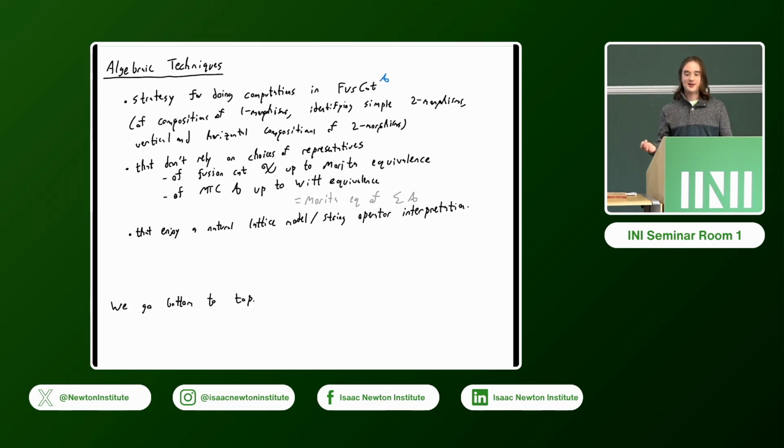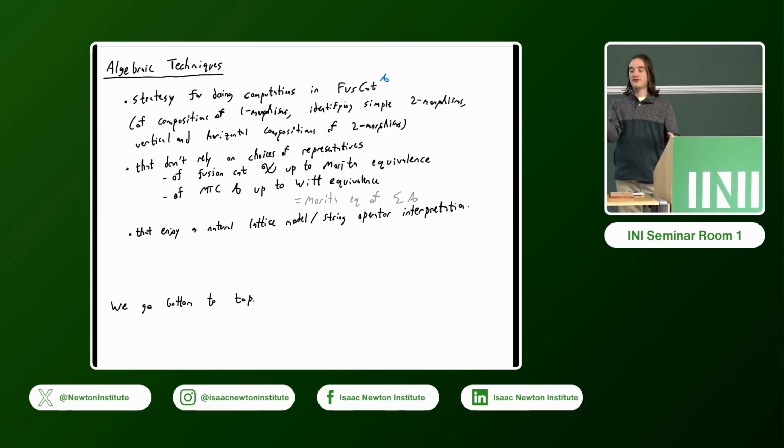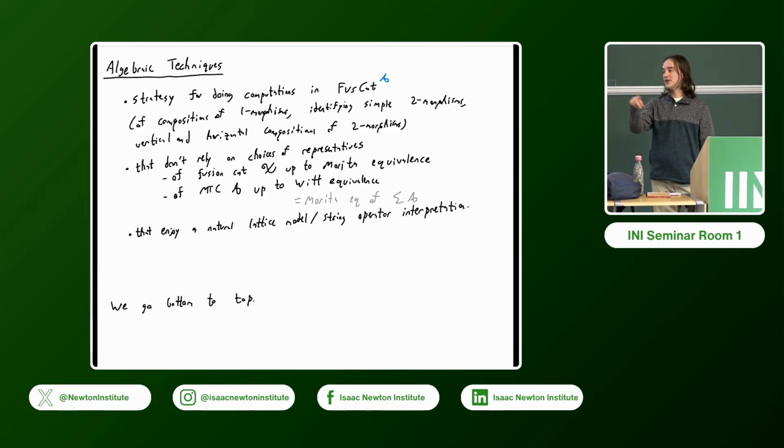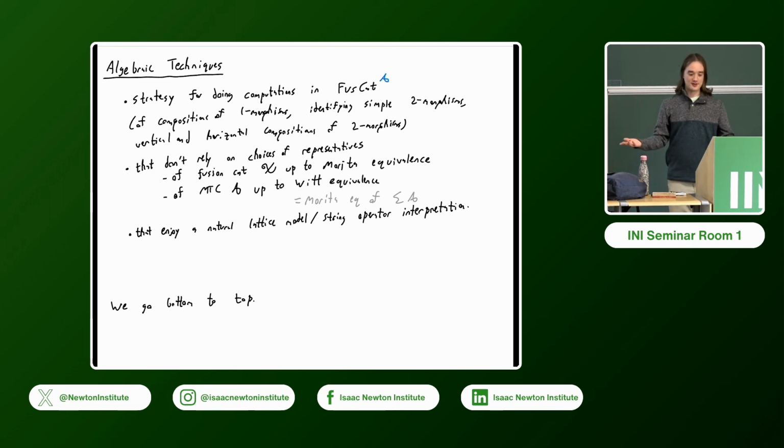So, algebraic techniques. I'm supposed to tell you about algebraic techniques in this category of fusion categories. I want to tell you strategies for doing particular computations in this 3-category of A-enriched fusion categories. Like, what are all the 1-morphisms between certain 0-morphisms? What are the 2-morphisms between certain 1-morphisms? What are all the compositions, etc., etc.? Just computations